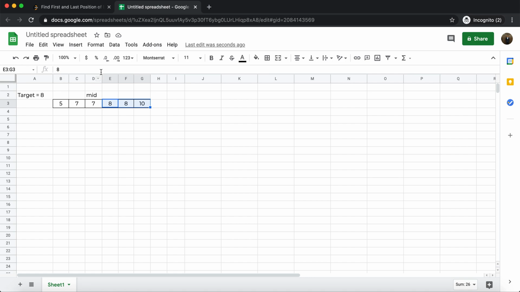So actually we need two binary searches. In the first binary search, we'll find the first position of the target that we're looking for. By any chance, if we stumble onto the target while doing the binary search, we will not stop at that point. We'll move forward until we find the first position of the target.